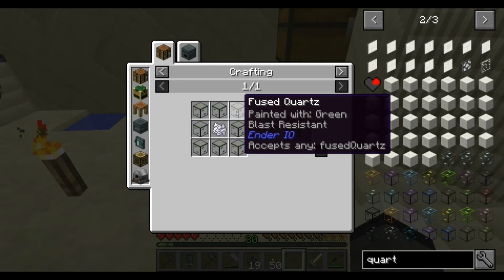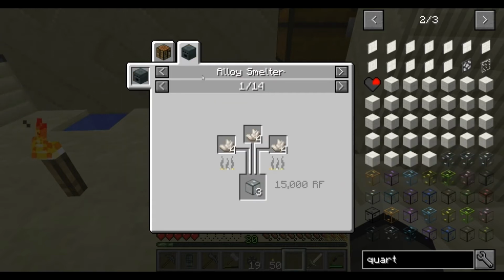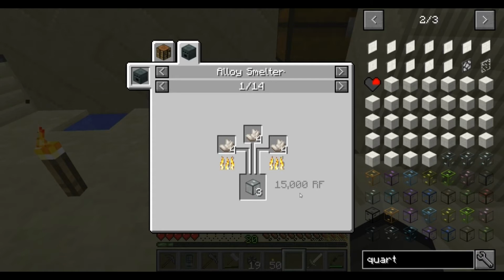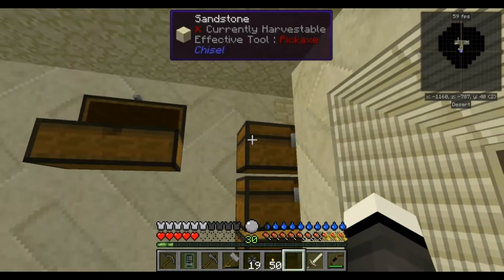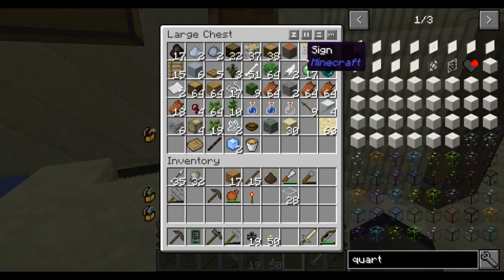Just want fused glass, not painted. Click on that. Use your ear. Right, nether quartz. We have some nether quartz from a reward somewhere. Where did I put it? There. Now,